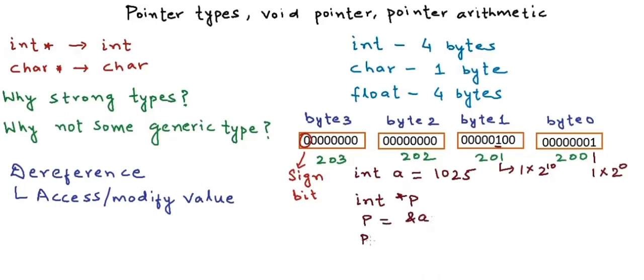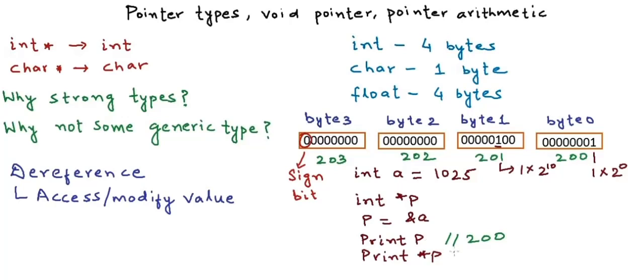What will happen if I print the value of P? The value of P, or the address stored in P, will be 200, the address of byte 0. So we are saying that we have the address of an integer variable starting at address 200. If we dereference this address and try to print asterisk P, we want to know the value at this particular